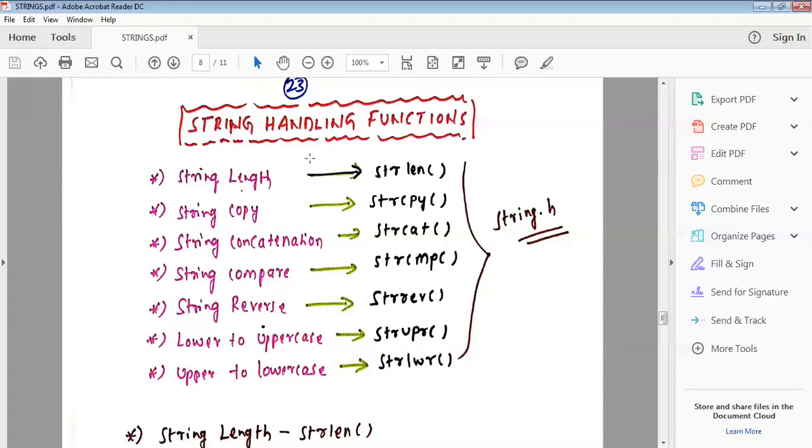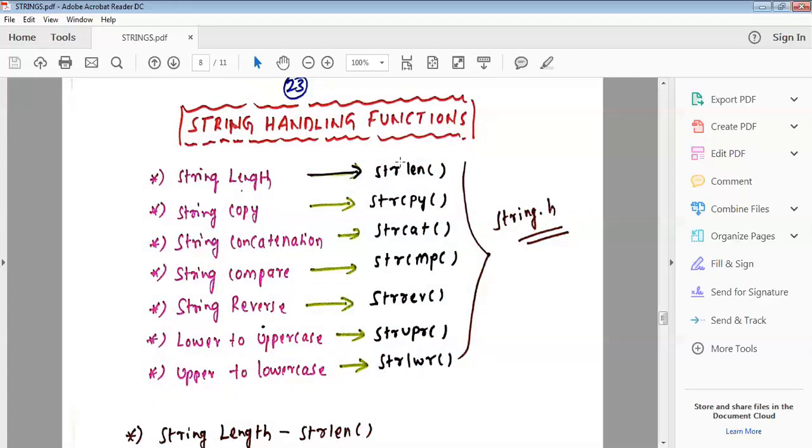So string length is strlen, string copy is strcpy, string concatenation is strcat, string compare is strcmp, string reverse is strrev, lower to uppercase is strupr, upper to lowercase is strlwr. These are all called predefined functions.